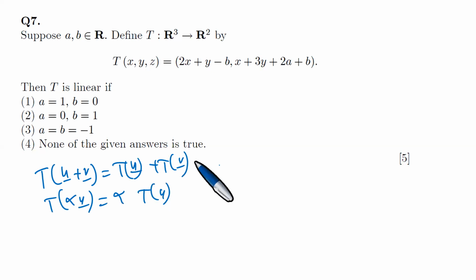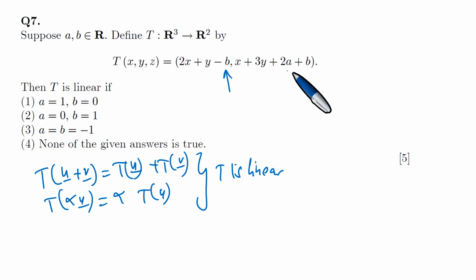So this means T is linear. At this point, because now you're just adding these things, I said that these scalars need to be 0. So for linearity,